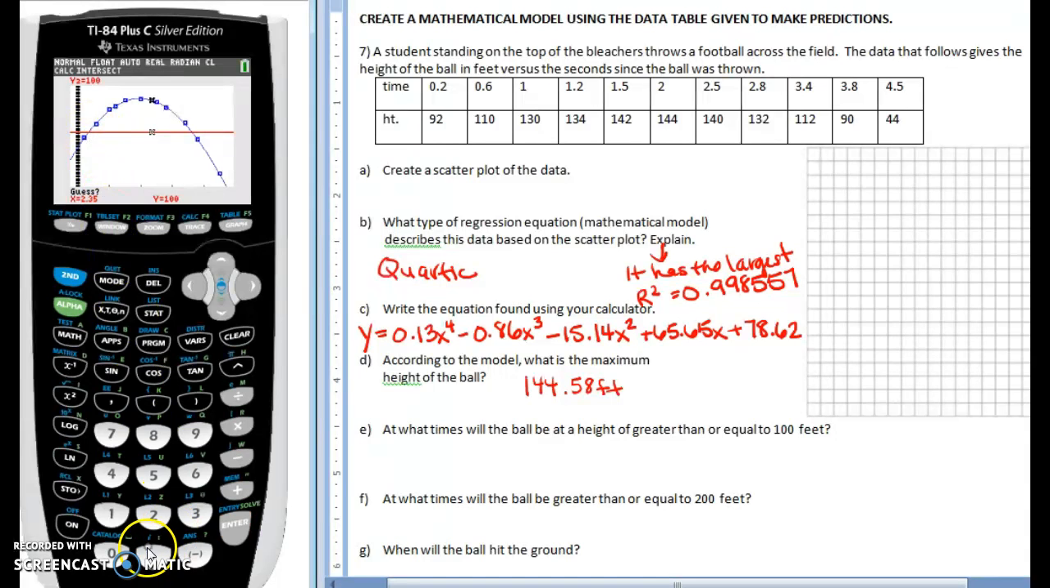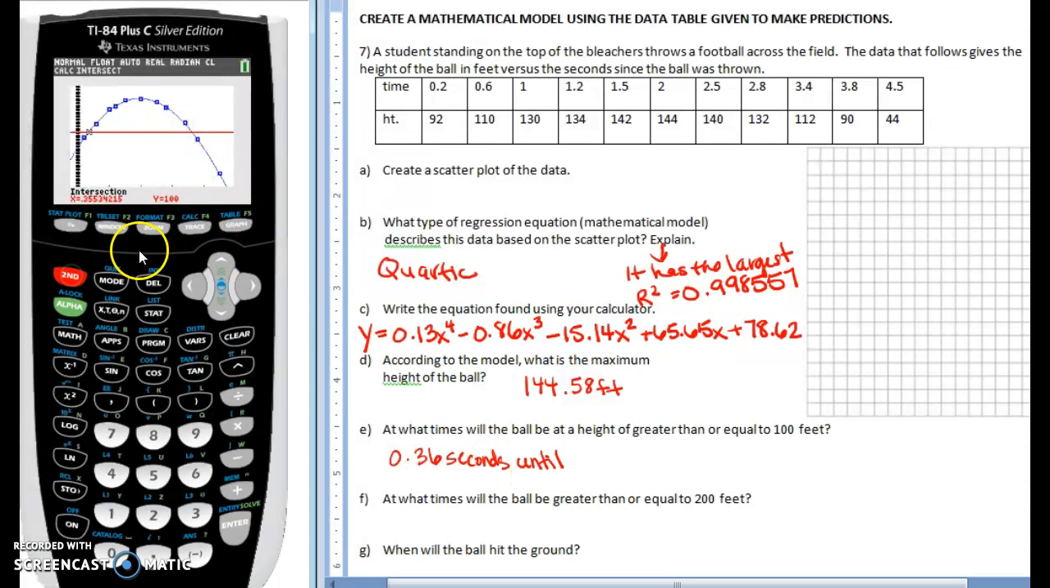It looks to me like 0.2 seconds. Again, you can type in 1 or you can move your cursor. It actually turns out to be 0.35. So at what times? 0.36, I'm going to round, and the time was in seconds. Until